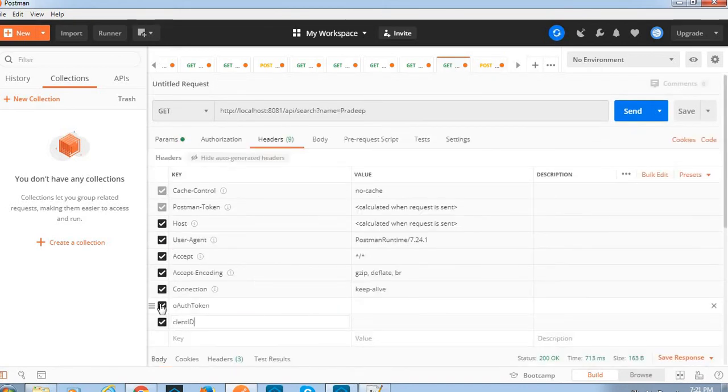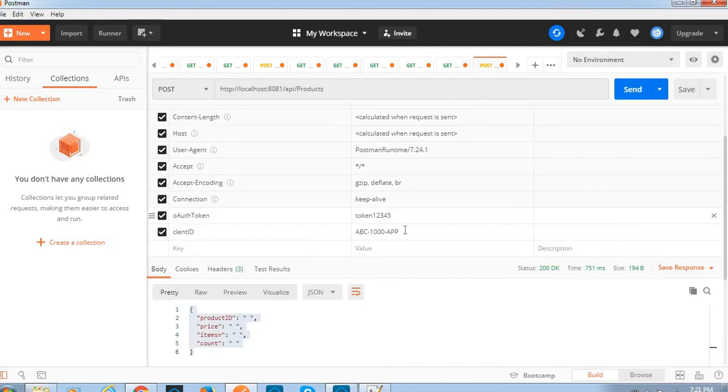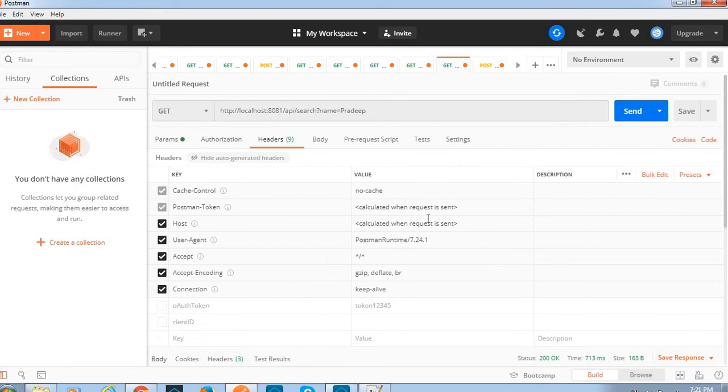See, first without sending we'll see, after that we'll enable the headers and we'll make another request. Auth token is token 12345. Client ID should be in this format. Okay.